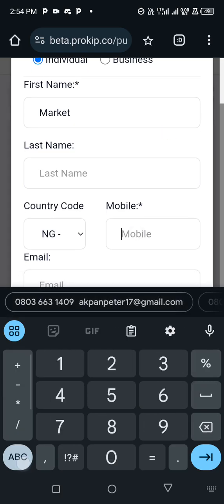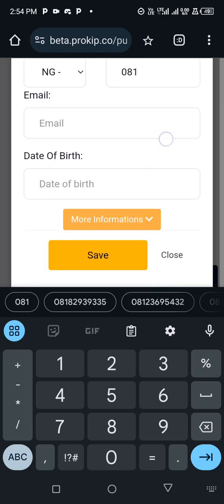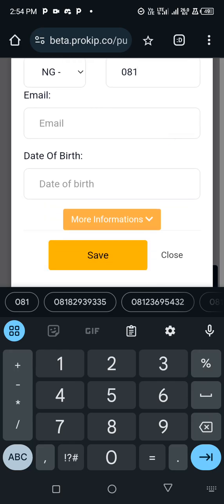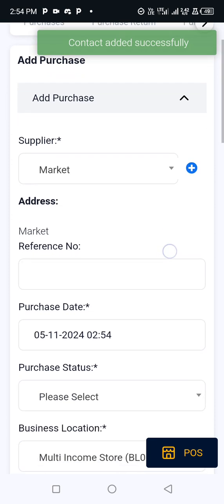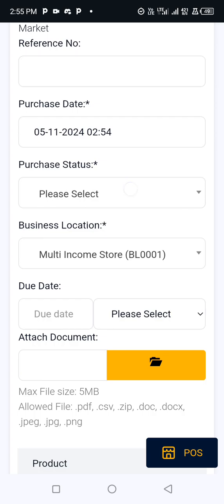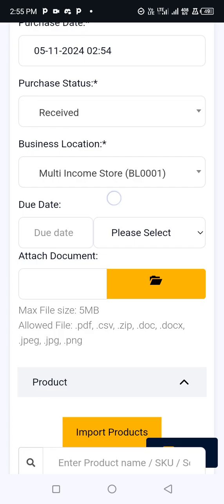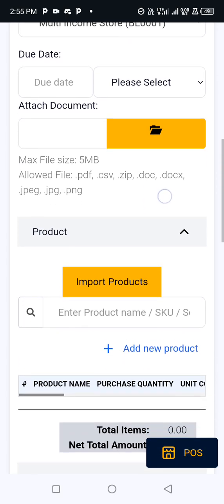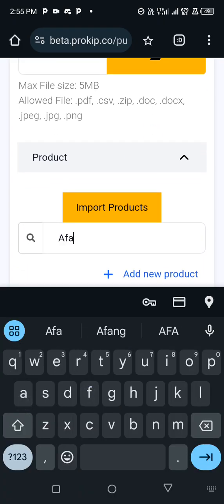Then you can put any number here since you don't have any specified seller. And then you click on save. So the date of purchase, and the payment status is received, because you have received the afang leaves from the seller. The business location that is producing this afang, you select it, and then you bring up afang leaf